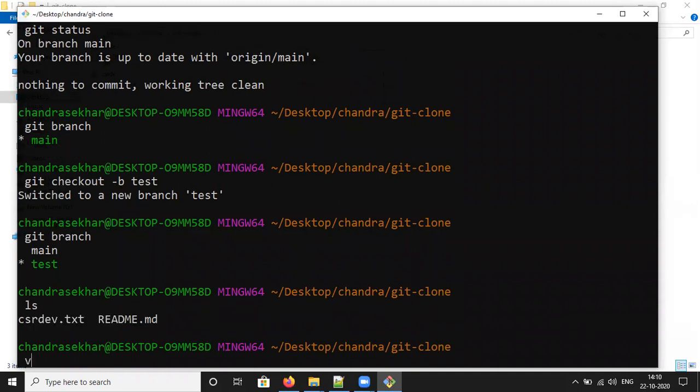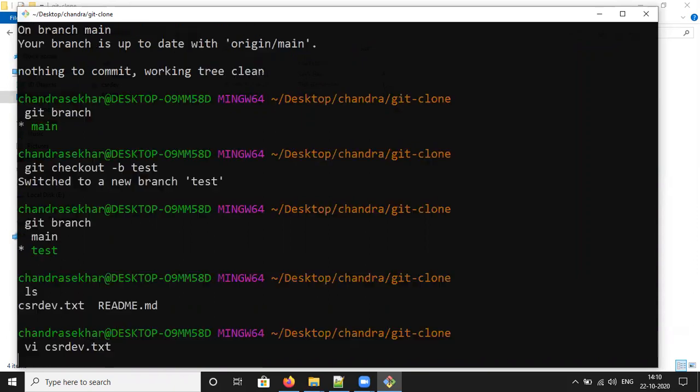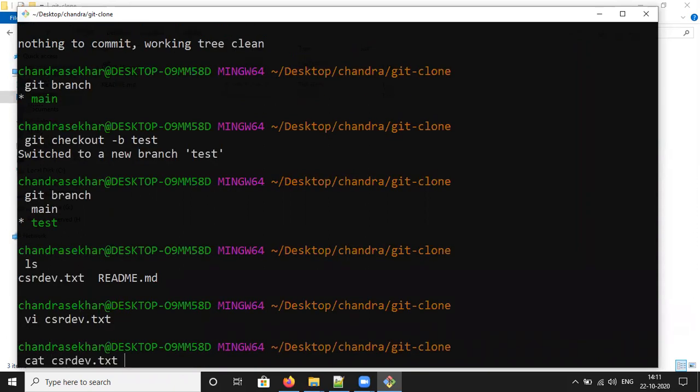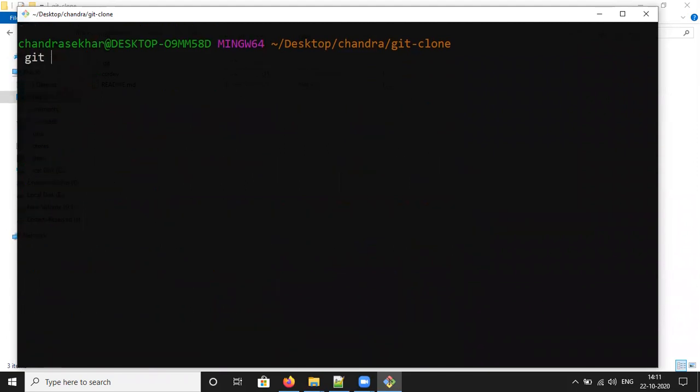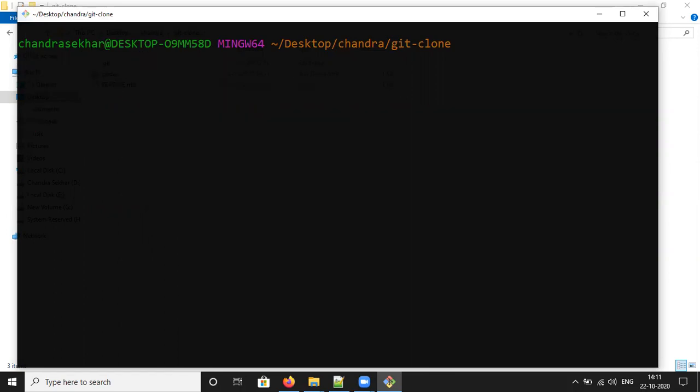The CSR dev file is there, and you can add something inside the CSR dev file. Latest update. Okay, colon, like changes, cat CSR dev. So latest update, and you can clear it. You can commit with hyphen m. Committed. Now you can push your changes with the help of